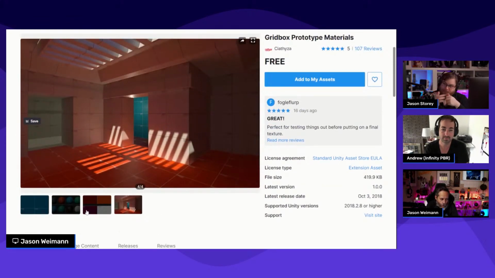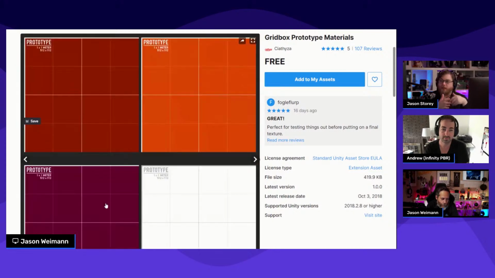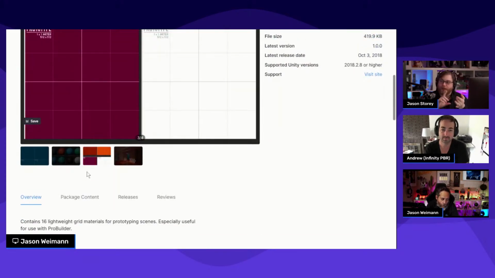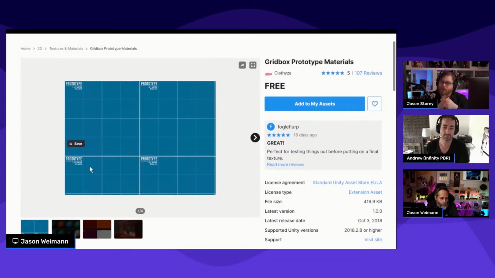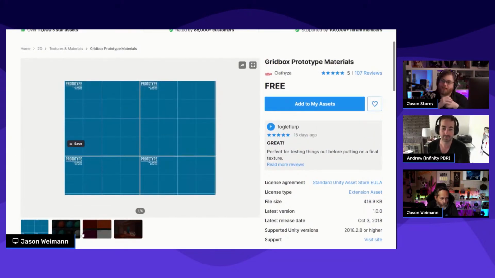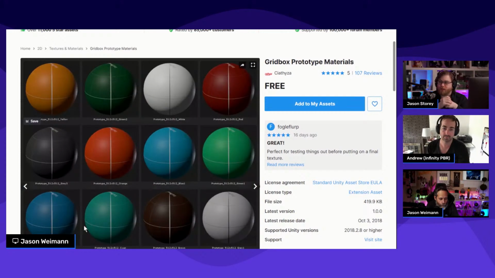These are materials that you just replace the default materials with. You still get your grids, but you get to use the different colors that are pre-selected for you that are quite nice and work together, and they just look a bit nicer. So they're free. They're just a simple thing. If you just want some basic separation between your walls, your floors, your obstacles, and if you're new to black boxing or white boxing or gray boxing, whatever you want to call it, it's effectively